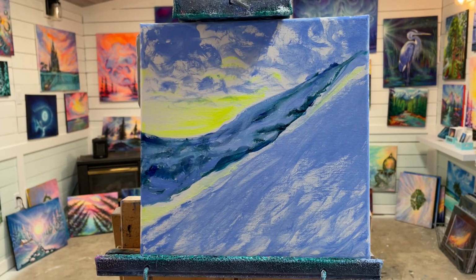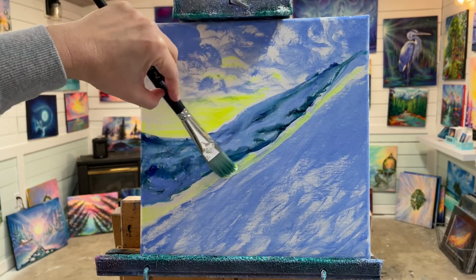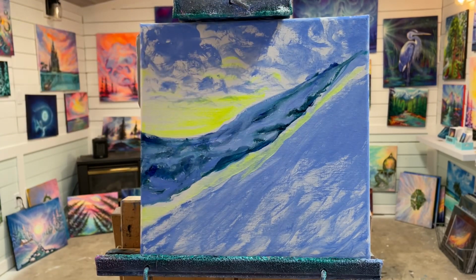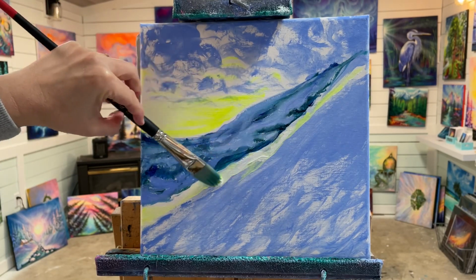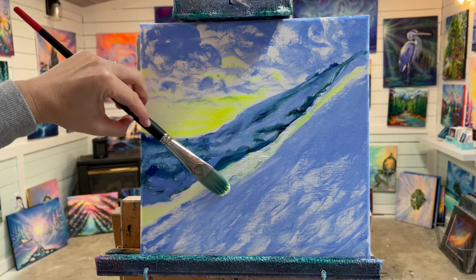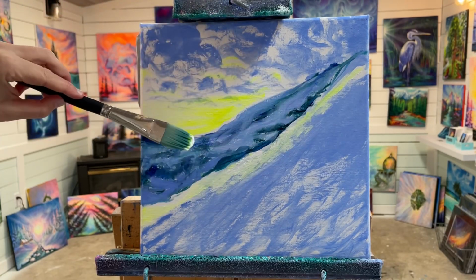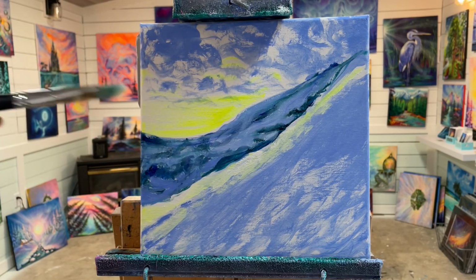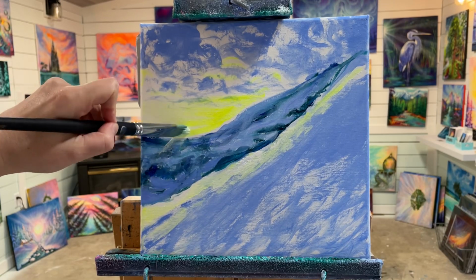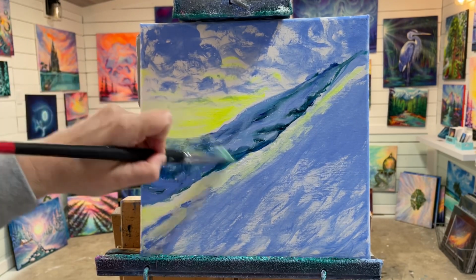So I'm going to apply a little bit of this neon yellow on the exposed white canvas. Note that if you overlap the blue with this, it's going to turn green, which could be okay. It might look like a bit of a turquoise color, and it definitely would work in this painting because green is of course complementary to red, and we've got a shade of red with our hot pink. So it will work, but that's not what I'm going for in this painting, so I'm trying to stay away